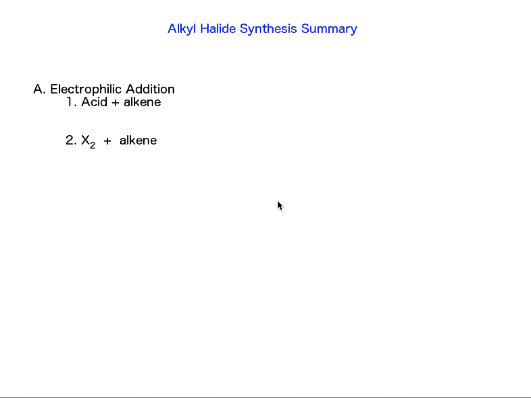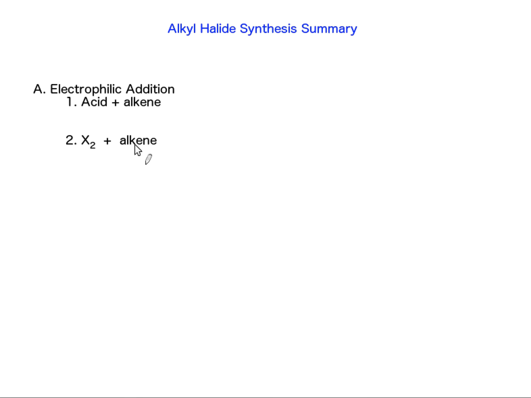Okay, we talked previously in general about different reactions that can be used to synthesize alkyl halides. And some of those reactions we looked at were very familiar, like the acid plus the alkene. That's our bread and butter reaction. But some of the reactions were unfamiliar to us. And in this video, we're going to talk about the addition of a halide, X2, whether that's chlorine or bromine,